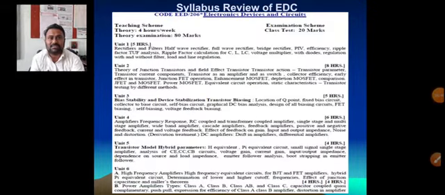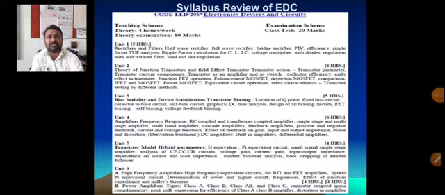Second and third chapters are based on the construction, working and application of transistors. Okay, how the transistors are classified, like bipolar junction transistor, unipolar junction transistor, BJT, UJT, then FET and MOSFET. FET stands for field effect transistor and MOSFET stands for metal oxide semiconductor field effect transistor. Okay, so if you see the unit number 2, 3 and 4, these first